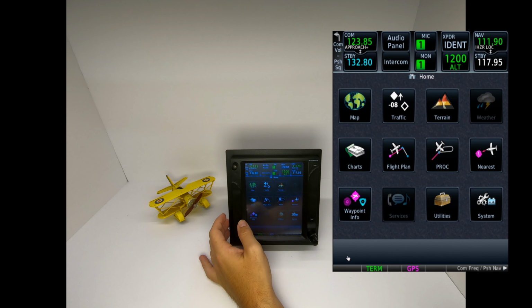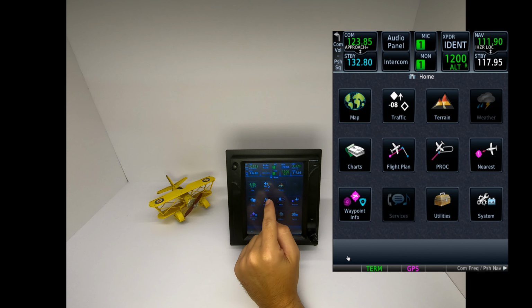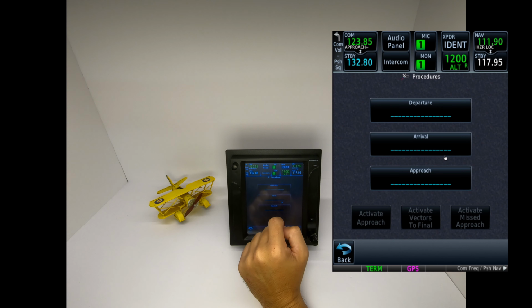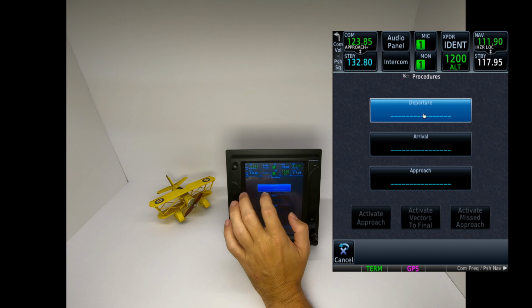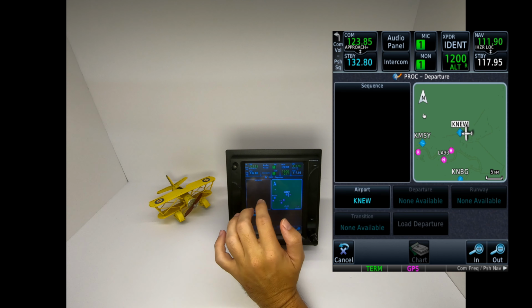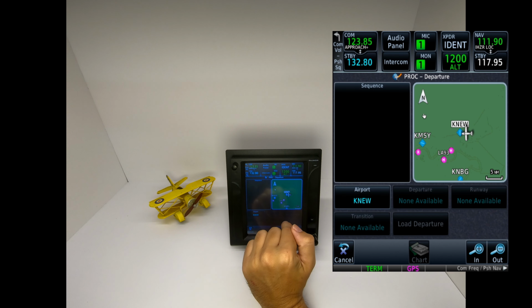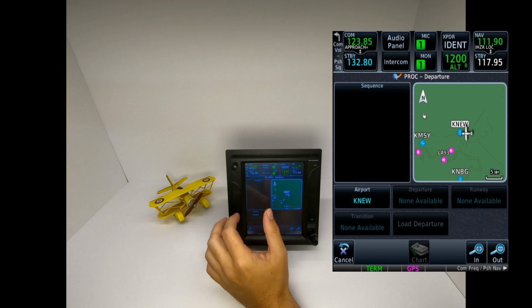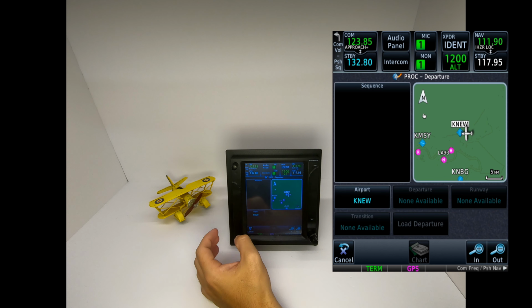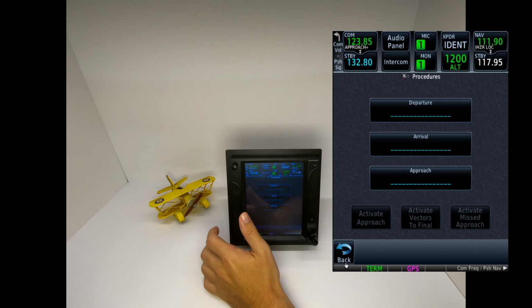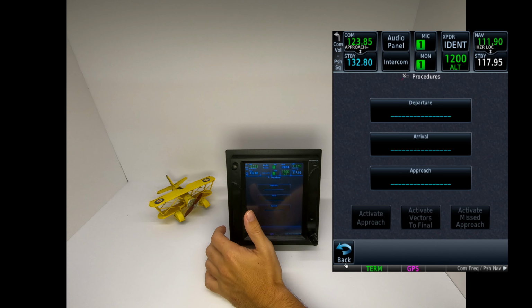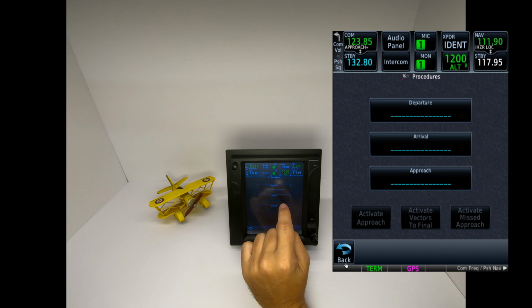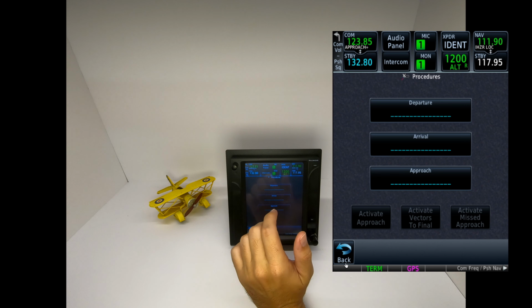I'm going to go back. Procedures, you can either do it through your flight plan, or you can just tap on here, and then you can see how if we had any departure that would show up here, but we don't have any. And then you can set the departure, the runway, so on and so forth, right? And then you can also see charts. And this is something about the GTN and the Garmin system. There's more than one way to get to things, right? There's 3 to 4 ways to get to things. So you can either get to your procedures through here, or you can get to them through your flight plan,